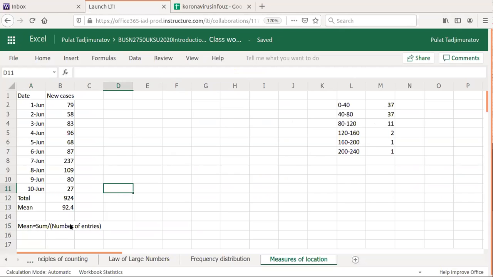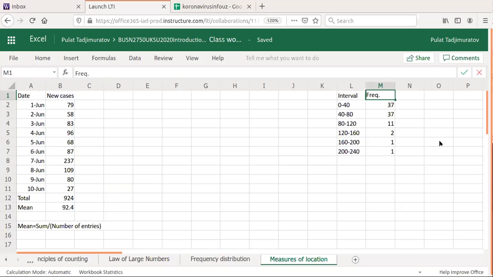Okay, so here we know each number and we can just calculate the mean. What if we don't have exact numbers? So here, it's also the data for coronavirus cases in Uzbekistan. However, that's not the data for 10 days or 5 days or 6 days, but the whole data starting on